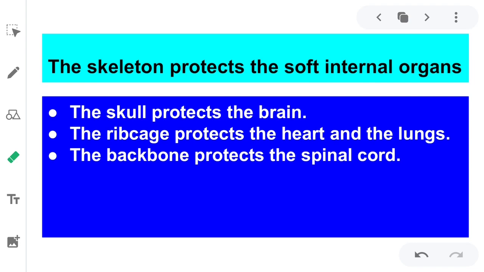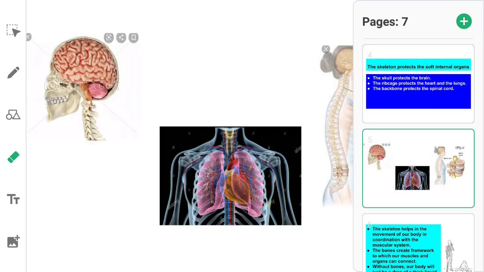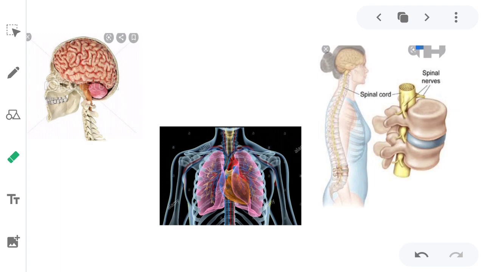For example, there are different parts of the skeletal system. The skull protects the brain, the rib cage protects the heart and the lungs, and the backbone protects the spinal cord. You can see here in this diagram, the skull, rib cage and backbone. When you see the diagram of the skull, you can see very clearly the brain and how safely it is